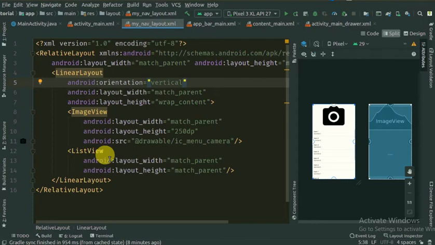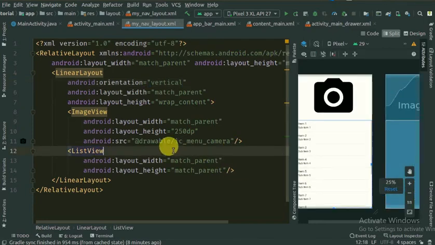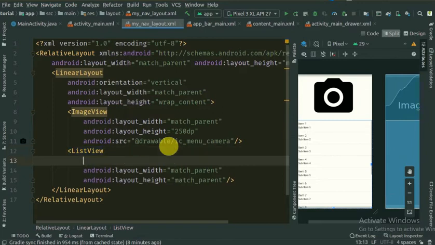Okay, so this is our list view which is showing over here. Let's give the id list view menu items.